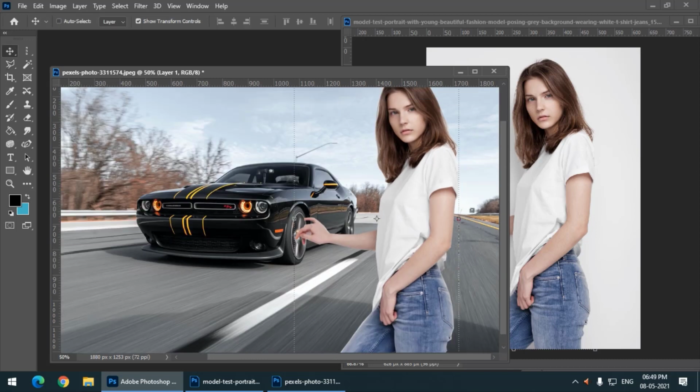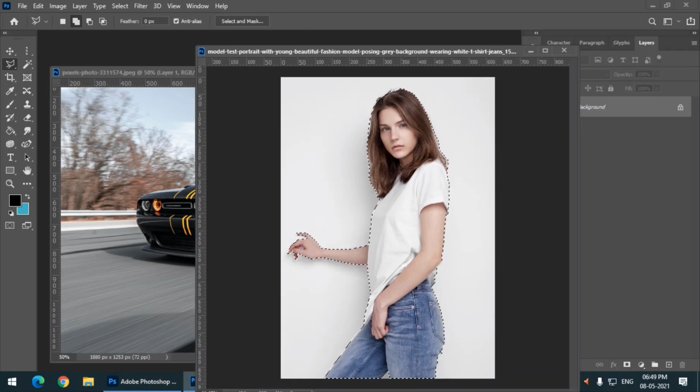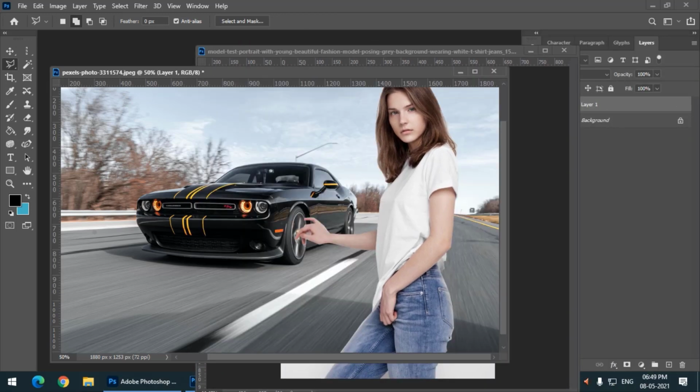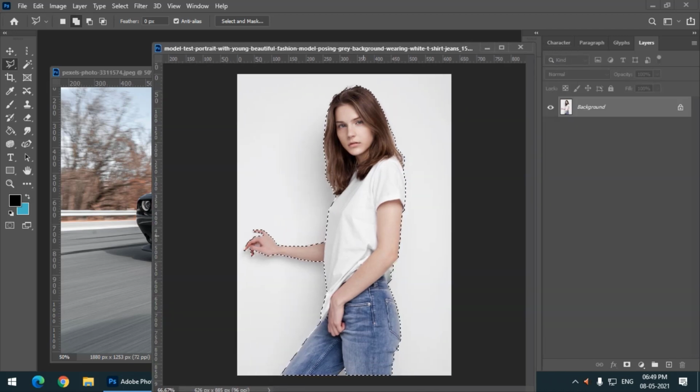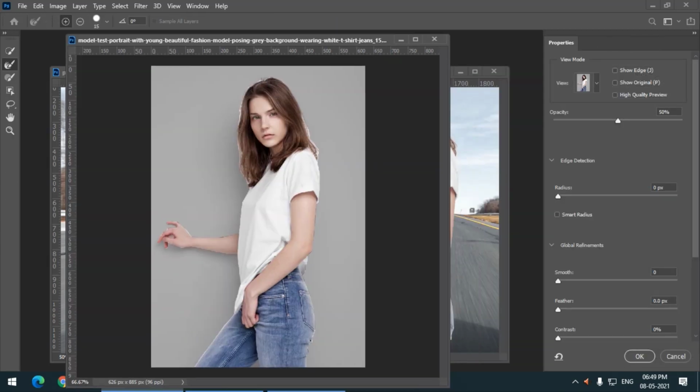that we can remove by using the Select and Mask tool. We can quickly compare it. After selecting, we can simply go to the Select and Mask option, and remember to click on this view.